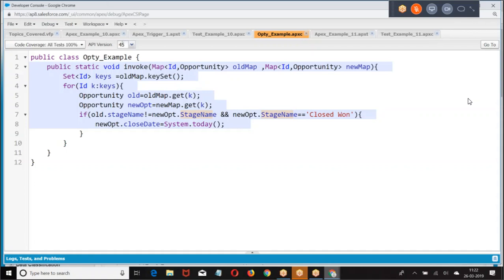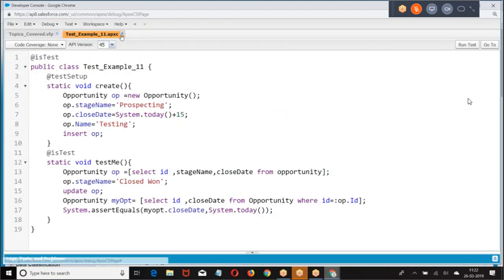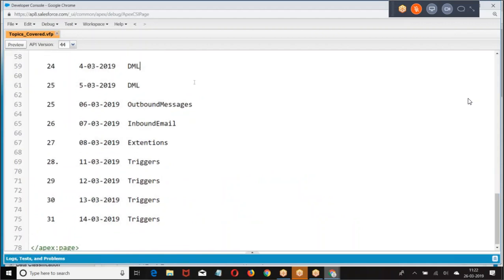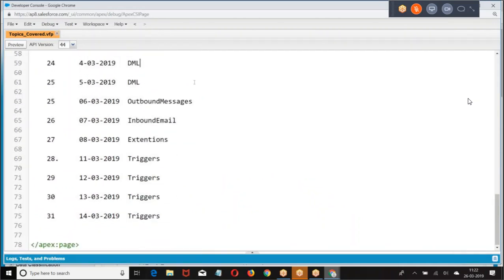Now, how do you test batch apex, schedule apex operations? How do you test batch apex and schedule apex operation?